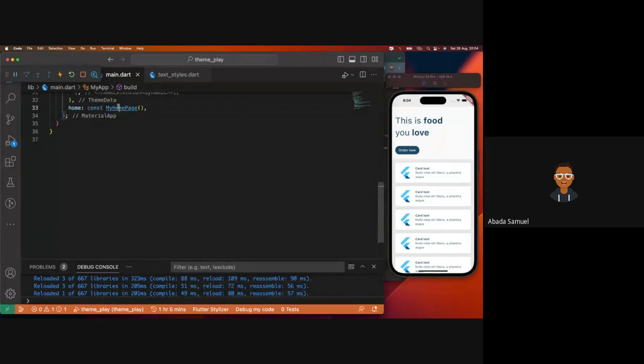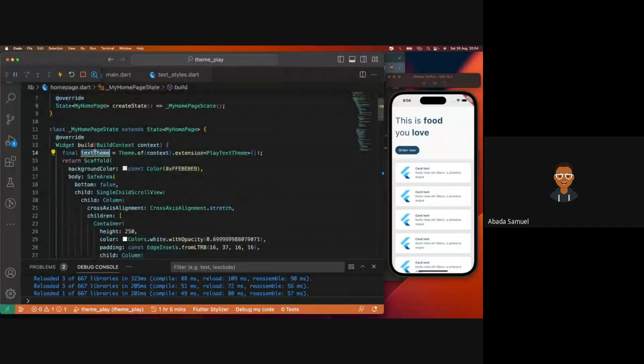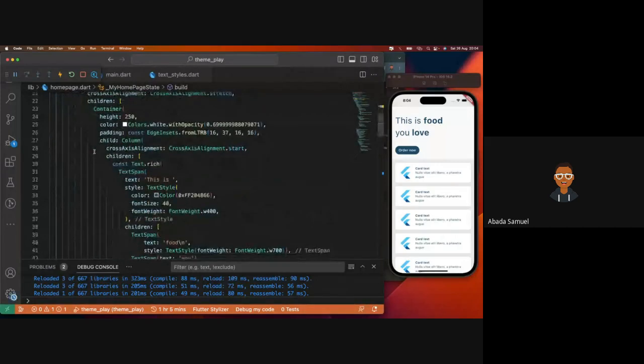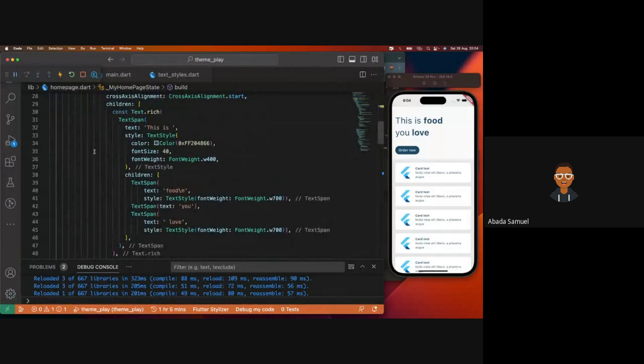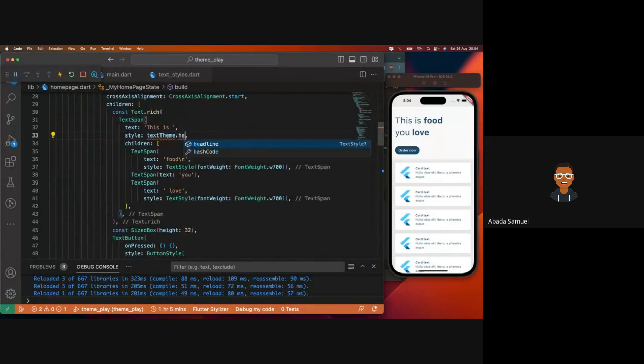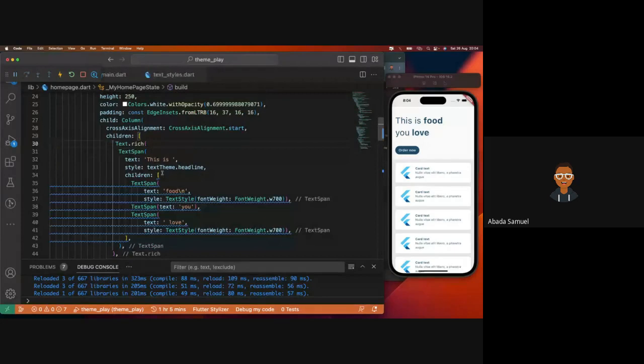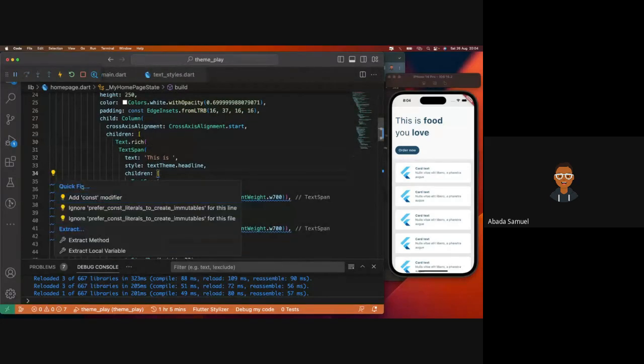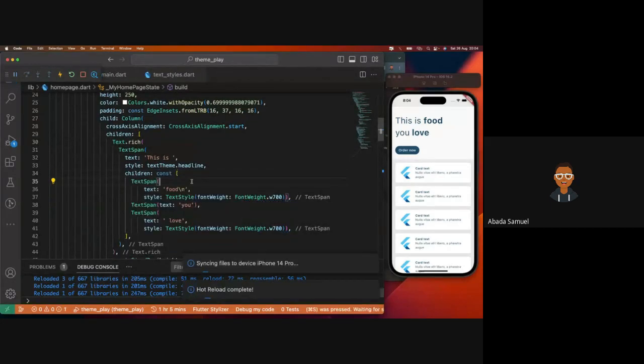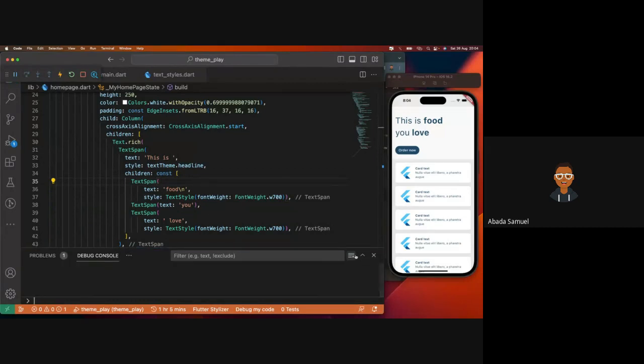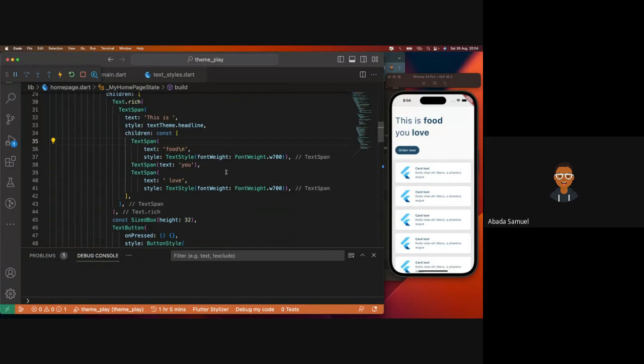So where I'm going to use this now, I could just do text theme dot headline directly. If I do text theme dot headline, yeah, constant. Yep. So nothing has changed in its style. Text theme dot headline,